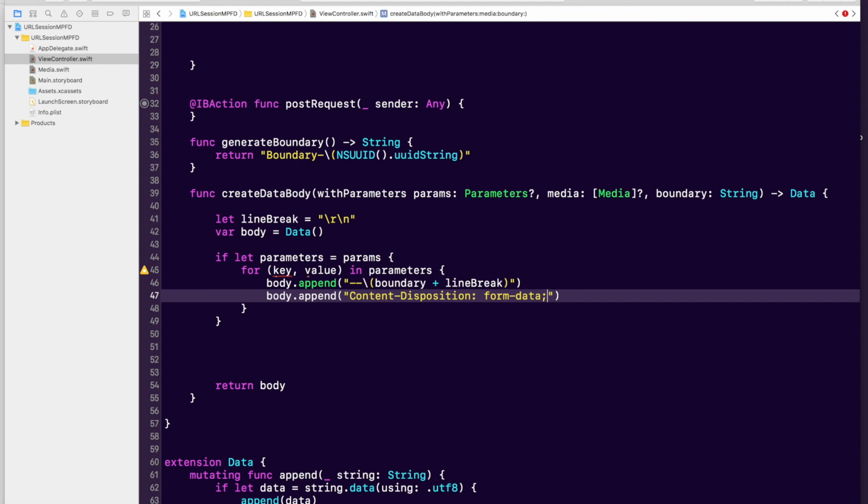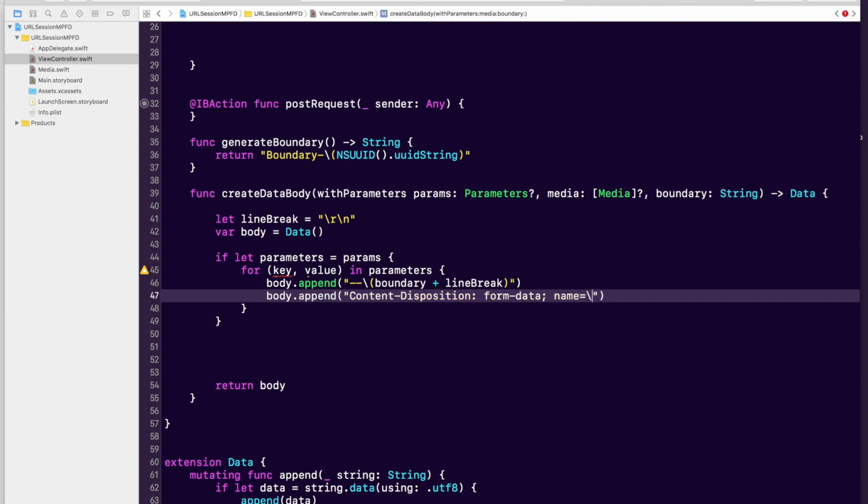And then we also have to specify the name or the key of what the API is supposed to be expecting. So this is like if one of the mandatory parameters that you pass to this API is user ID or auth token or token ID or something like that, then this is where you would specify it. So we have to put that in, but the API recognizes it as name. So we pass in name,